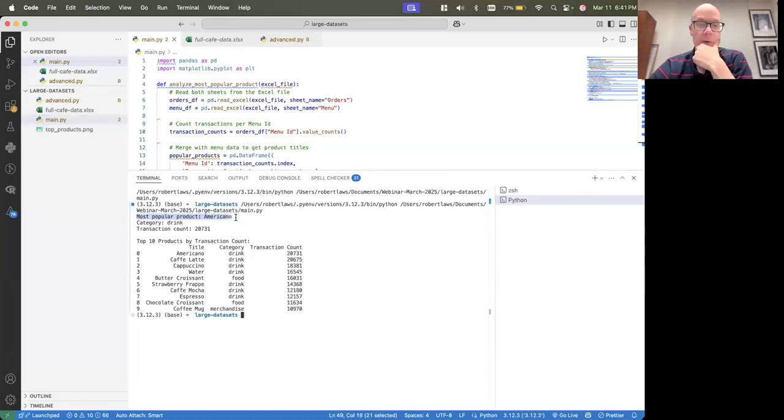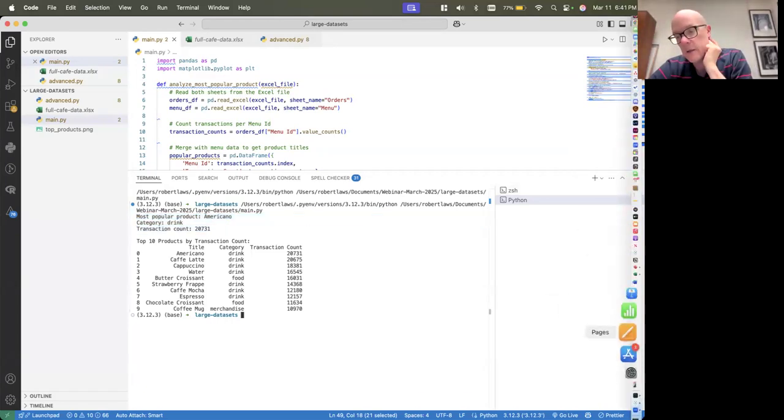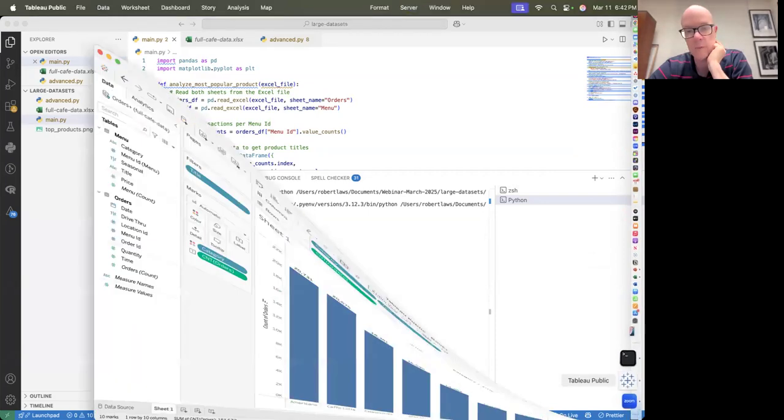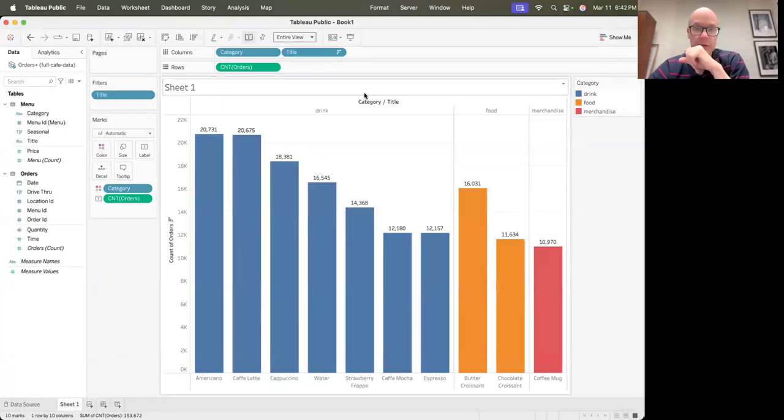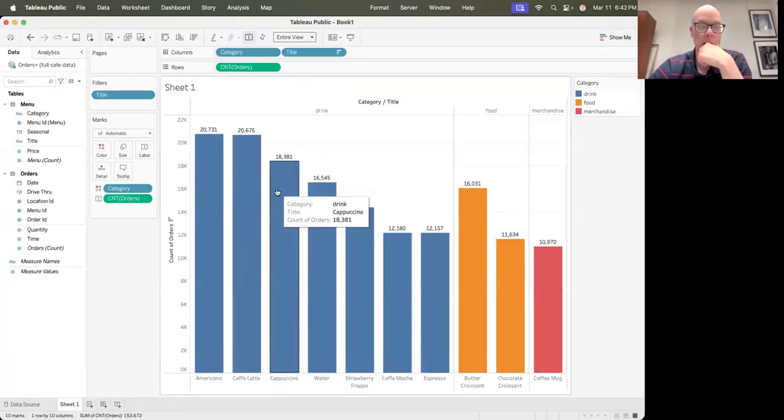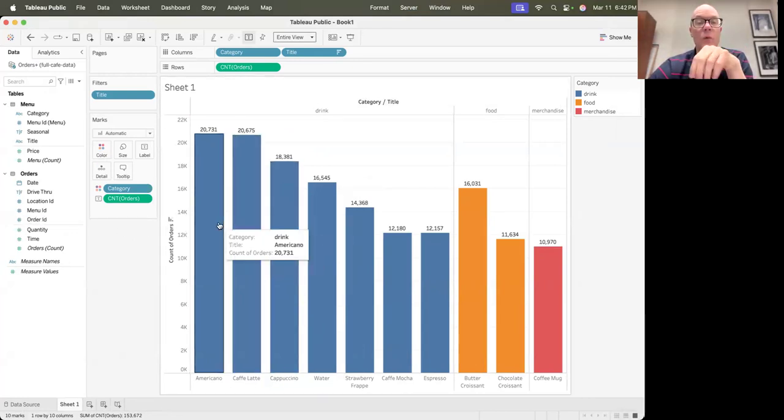Most popular product, Americano, category drink, transaction count. Now, what I teach here at the university is Tableau. So this is basically the same exact analysis that we did there with Tableau, and you can see the results are identical.